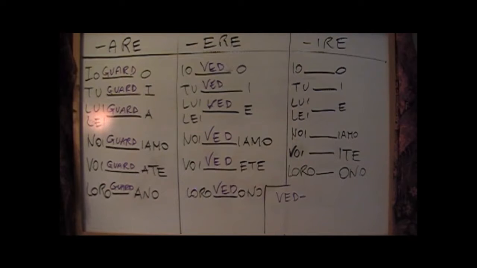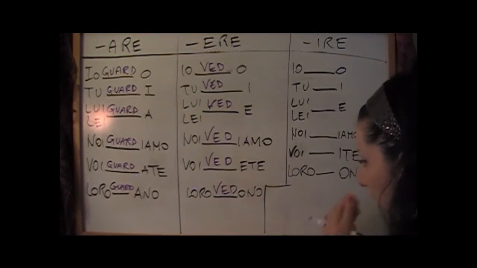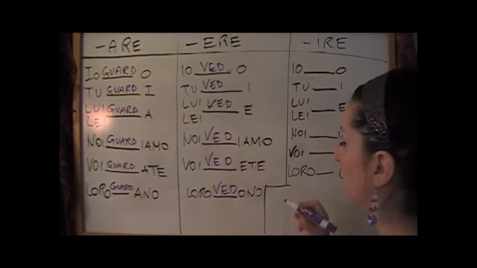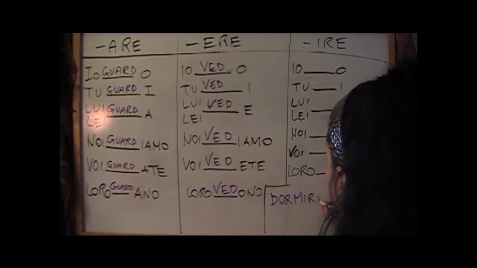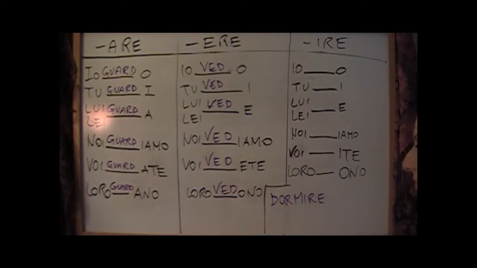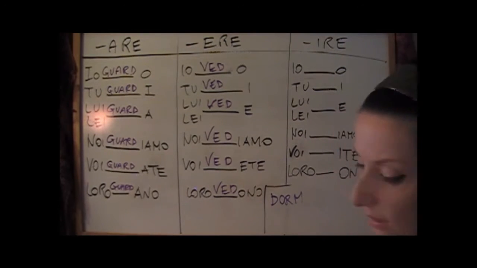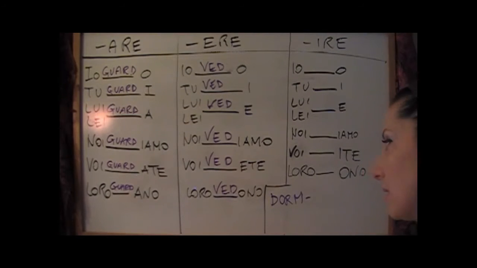So now, the last one that we can do is dormire, that you know already, this verb. It means to sleep. So let's do dormire, okay? So, stop the video and do it yourself, and then check if it's right. You should be able to do it yourself. So let's see the solution of this little exercise. Delete the last three letters, it's always the same stuff that you gotta do. You have the stem. The stem is dorm, so you punch it here because it's ending in ire, so you need this pattern, the pattern of ire.